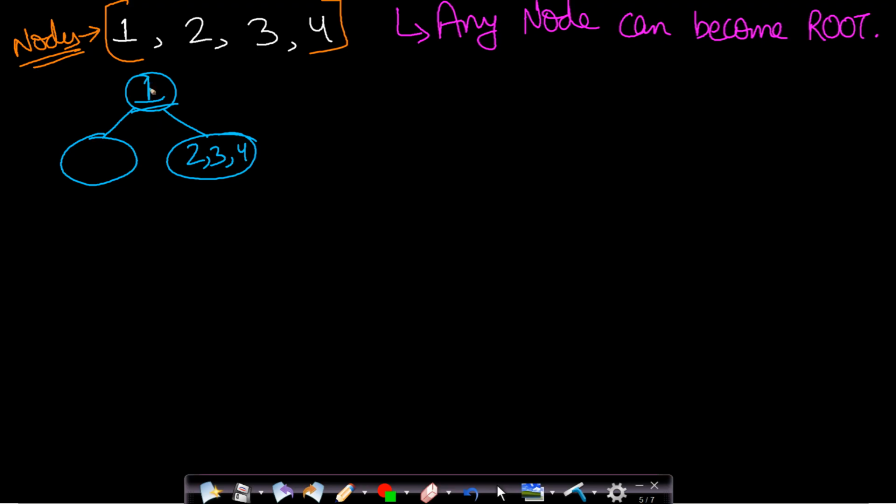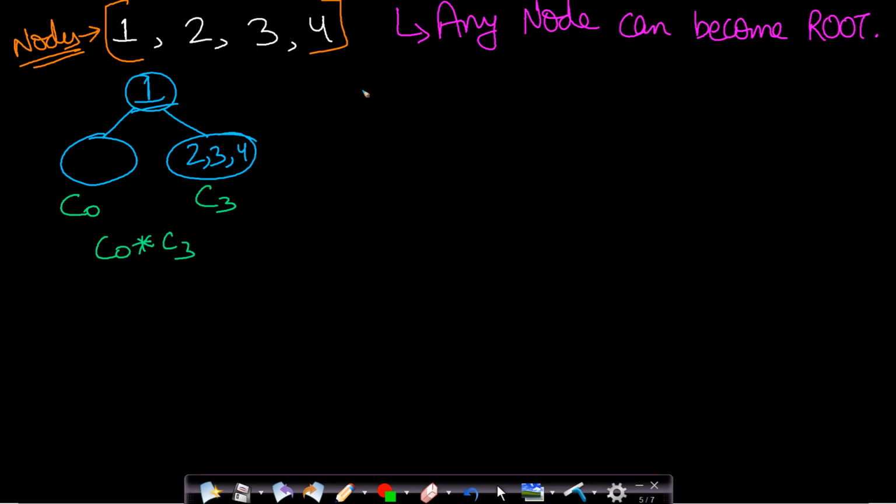You can see that if you take 1 as a root, then in the left subtree you are not having any node. So let us represent, if you are not having any node, then the count of structurally unique BSTs will be equal to C0. And on the right hand side you can see that you are having 3 nodes. So the count of structurally unique BSTs using these 3 nodes is, let us say, C3. So the total count in this case will be equal to C0 into C3, as I already explained earlier.